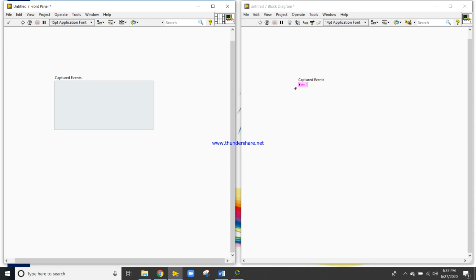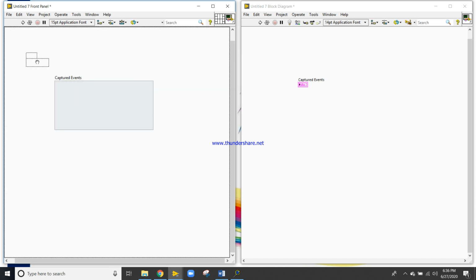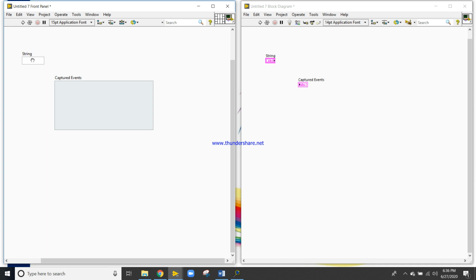So Capture Event will be the indicator. Then take one string control. That is the string control.